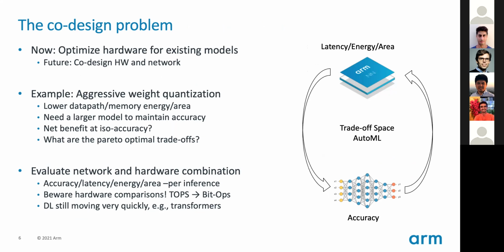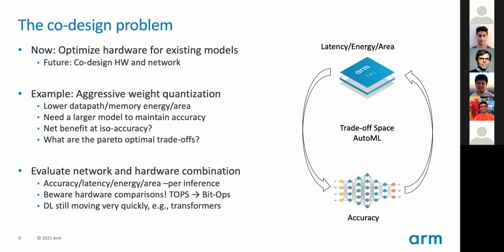Essentially, the problem, as I see it, is we actually have to consider both things at the same time. We have to consider the design of the model, making it as efficient as possible, but we can't ignore the hardware, because at the end of the day, we care about the latency and energy per inference. That's nearly always what we care about, as well as the accuracy, right? So we have to evaluate both things together, and we have to design both things together. So